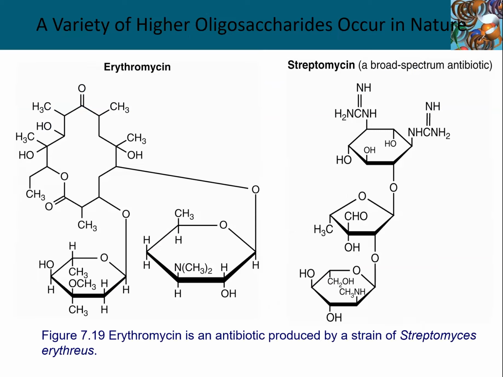We have a couple others here that are higher level oligos that are just examples that the book likes to throw in. And I like these because it introduces the topic of carbohydrates having much more sophisticated roles other than just energetics. Here we have erythromycin and streptomycin, which are both really classic broad-spectrum antibiotics. So these exert really potent broad-spectrum antibiotic actions and have been around for a very, very long time. And they're just carbohydrates and modified carbohydrates.